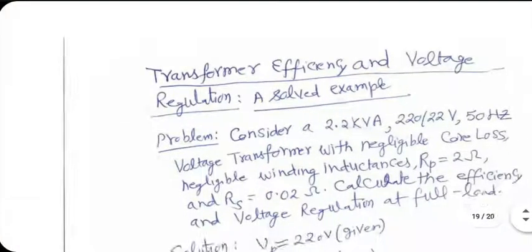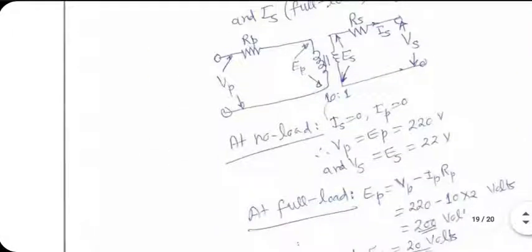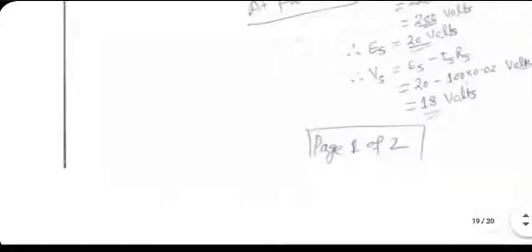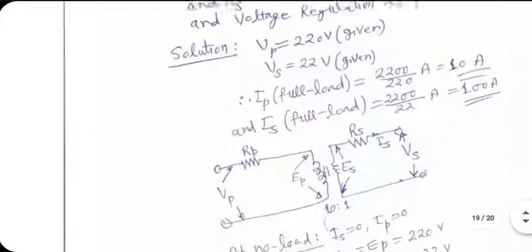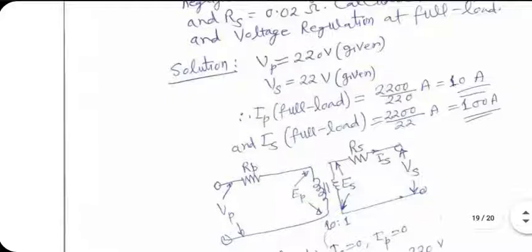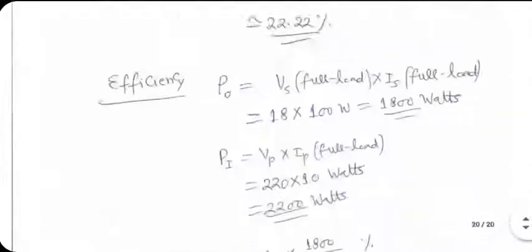Okay, this is one more. I don't think we have time to go for it. It's a simple one anyway. It's not a big issue. So go through it yourself. Another simple problem to calculate the power efficiency, not all-day efficiency, and voltage regulation also. Try to understand this problem. It's a lossless case, so it should be simple to understand. No, sorry, it's not a lossless case. RP and RS are given, but winding inductances are negligible. Try to read it, and if you have difficulty understanding the solution, I'll help you out later.